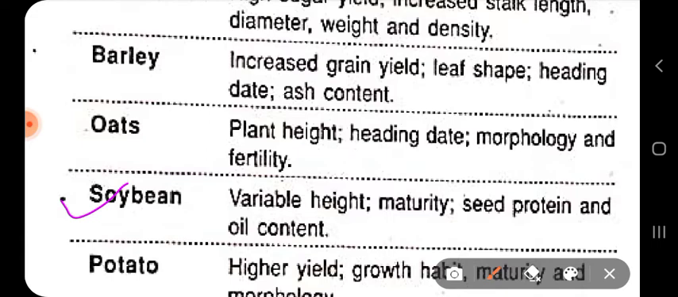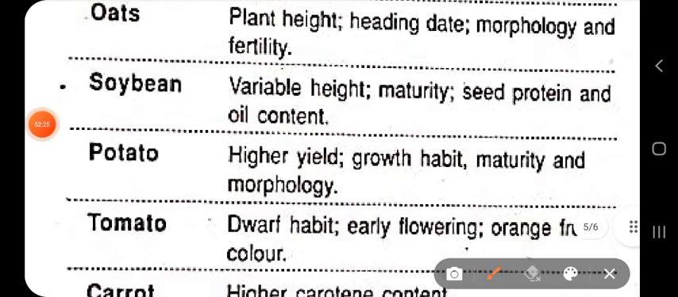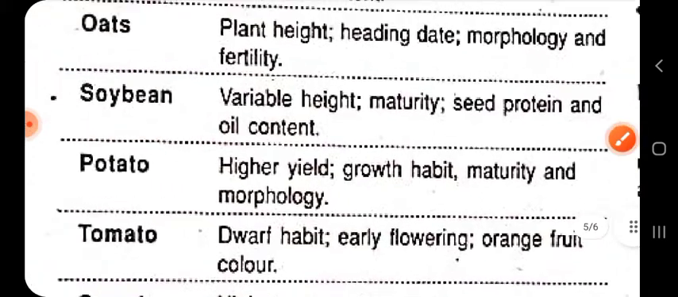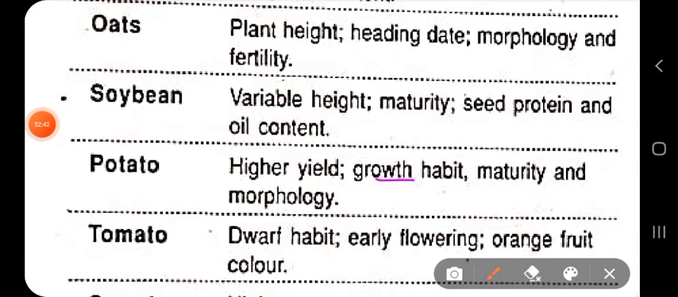So increase in oil content has also been induced in soybean through somaclonal variation. Potato plant, you know, we eat potato throughout the world. Higher yield, such type of mutations, some variations have been done in potato to increase their yield, growth habit, maturity, and morphology. Growth habit is normally based on the seasonal type of change. Okay, so we are growing the potato plant normally